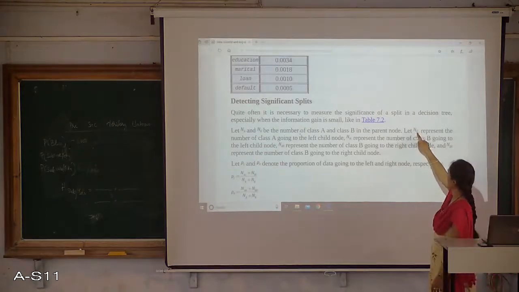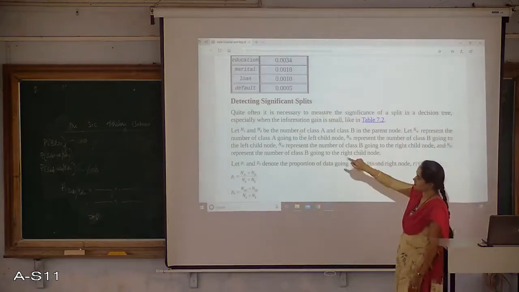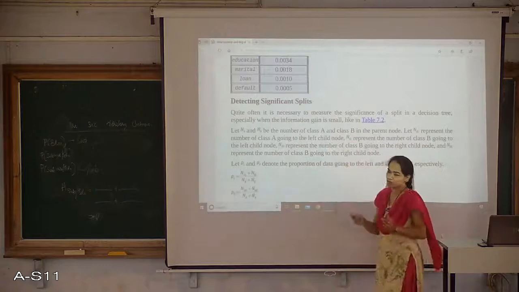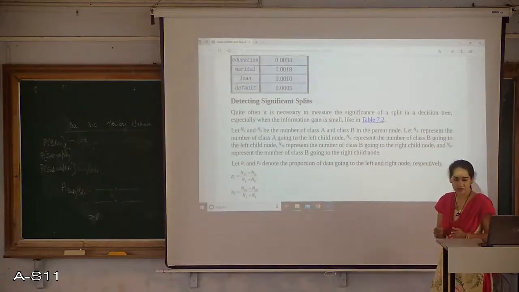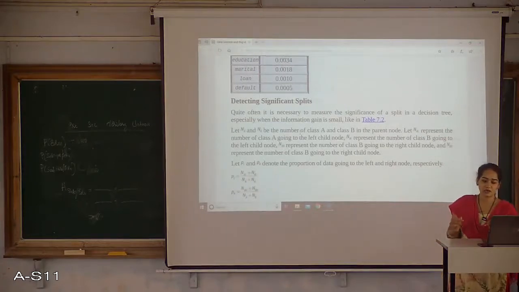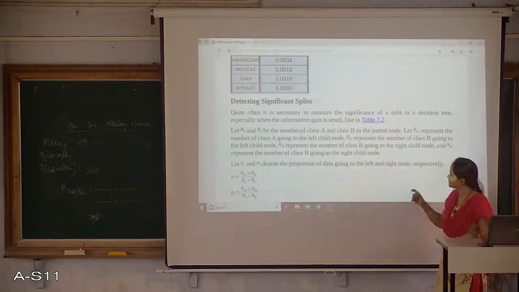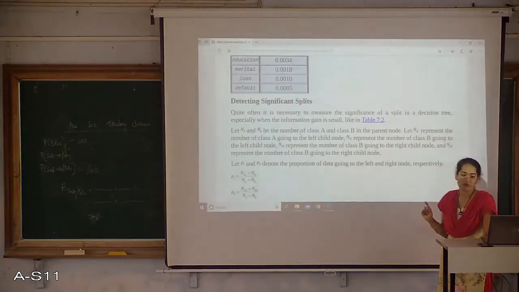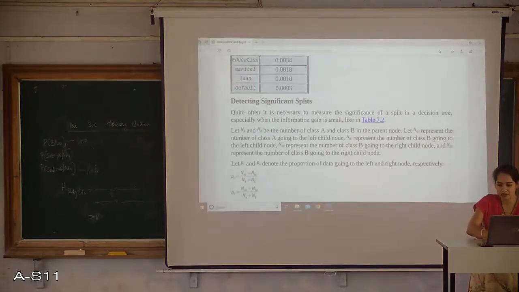Then NAL represents the number of class A going to the left child node. Similarly, NBL represents the number of class B going towards the left of the node. Let me make it clear.